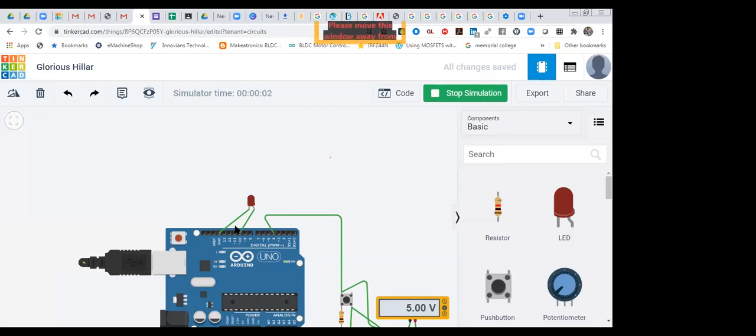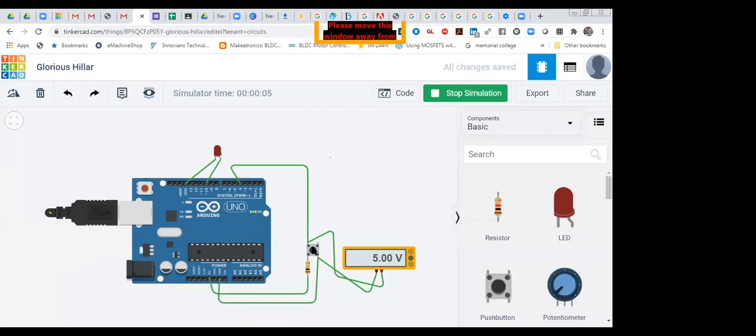So this LED is not working now. Your code is working, but this LED is not working. As your sensor value will be high, this LED will get turned on. High means by default it is high. As you are going to press it, it will give 0 signal, 0 logic. So your LED should be on.